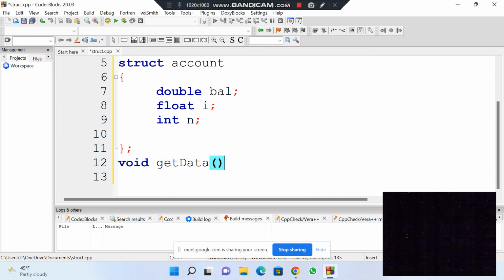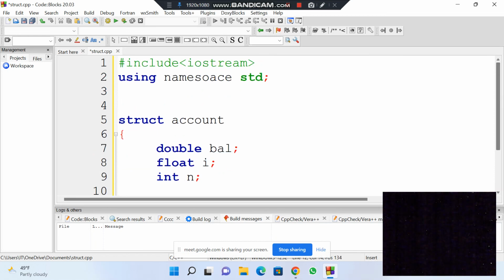So in my void get data there, remember now we are working with a structure. It's no longer the same way that we were doing when we were working with just a function, where we say int x. There is no more int x now, int y inside it. Now we are working with a structure, and in this structure, if we have to call these variables which are inside this structure, we have to call